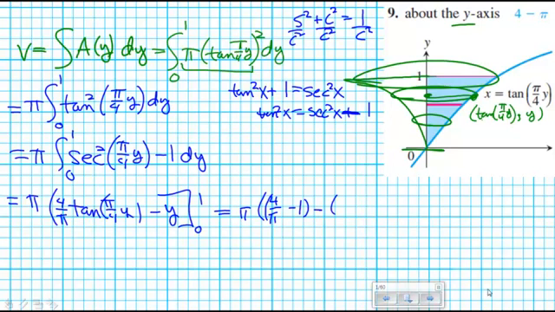Minus, now let's do the same thing with 0. Tangent of 0 is 0. And minus 0, I get 0 minus 0 there. Or if I distribute the pi through here, I get 4 minus pi for my final answer,